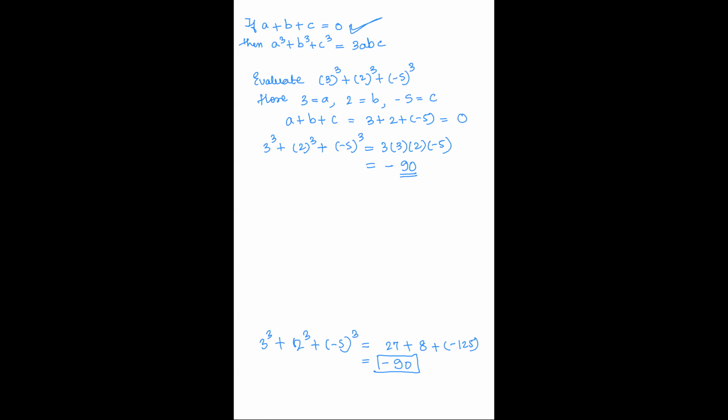Chalo, I'll give you one question which you can try on your own. Let's see if you get the right answer or not. Here is the question. Evaluate 38 cube plus minus 26 cube plus minus 12 cube. You do not have to do anything manually. You simply have to check first whether a plus b plus c is 0 or not. So if a plus b plus c turns out to be 0, then a cube plus b cube plus c cube is going to become 3abc.